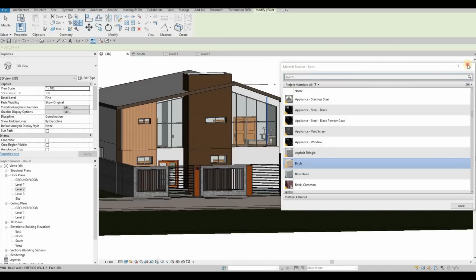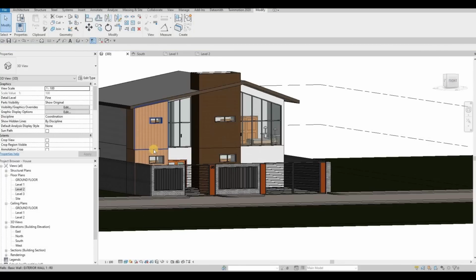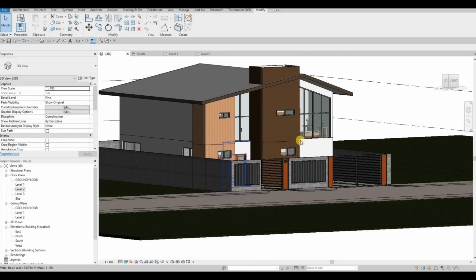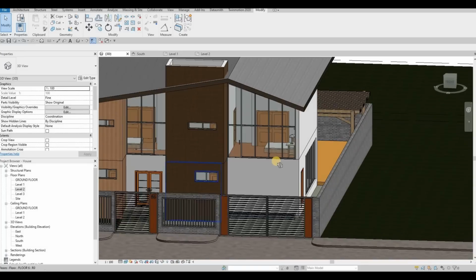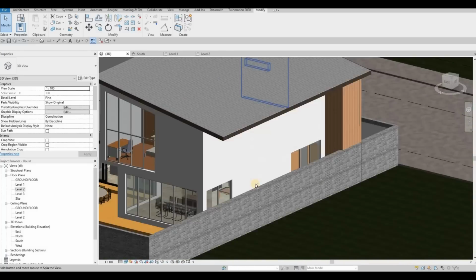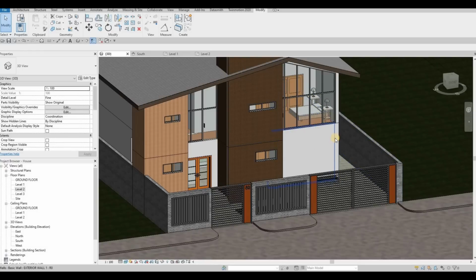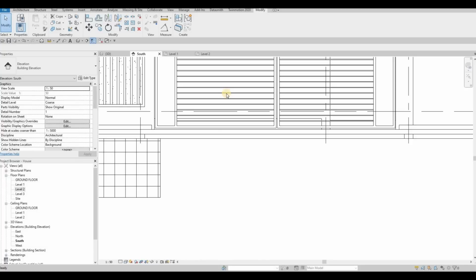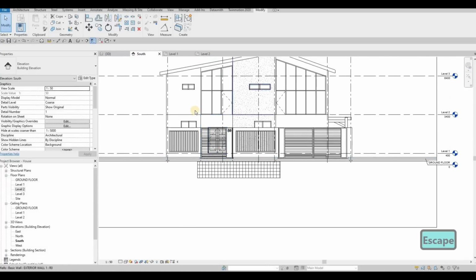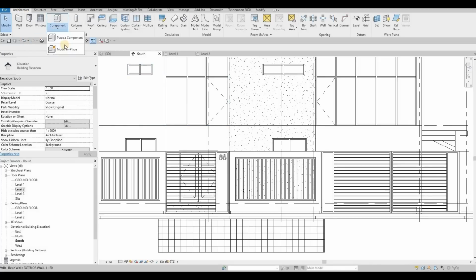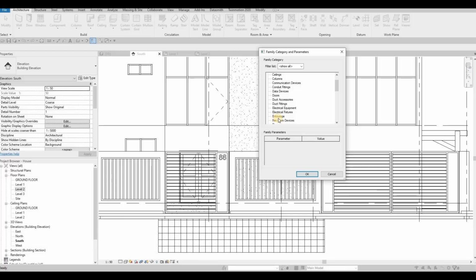This one will be stone, so this one will be wood, and then just regular white paint. So I think that's good enough. And then let's not forget to add our balcony here. So we need to go to our south elevation so that we could see much better where we're working on, and then go to architecture, component, model in place, generic model,